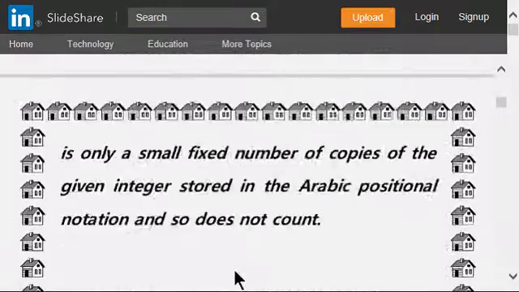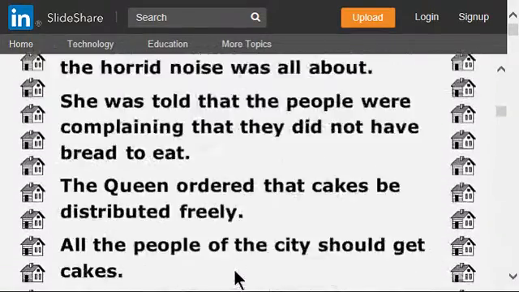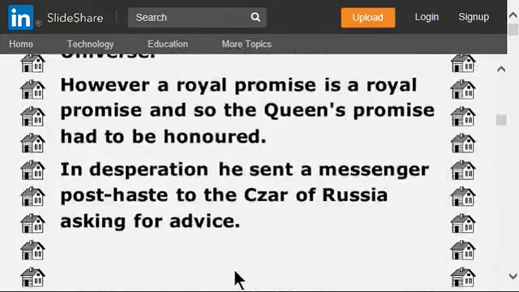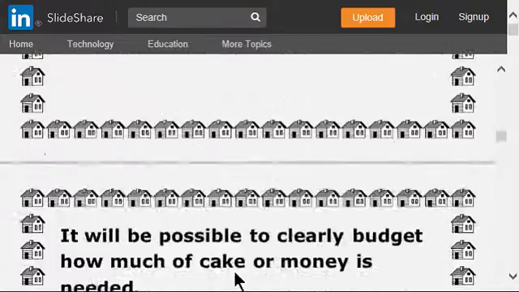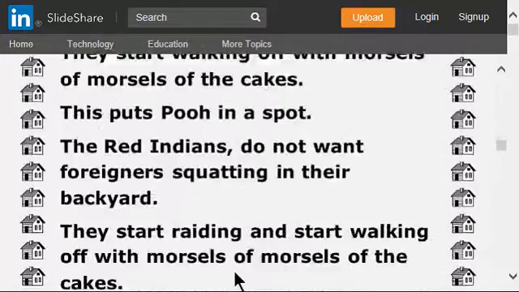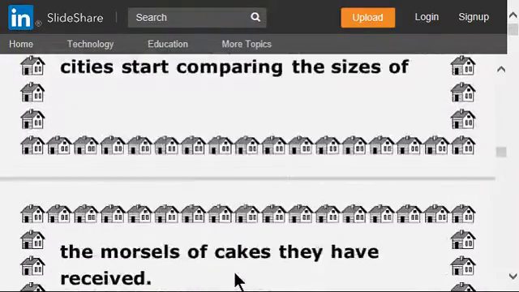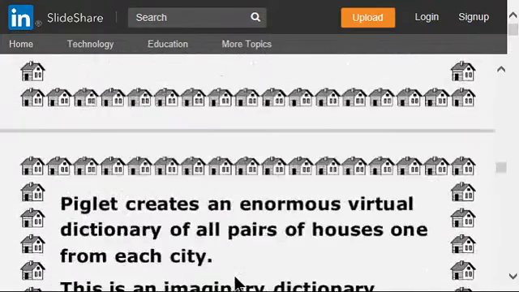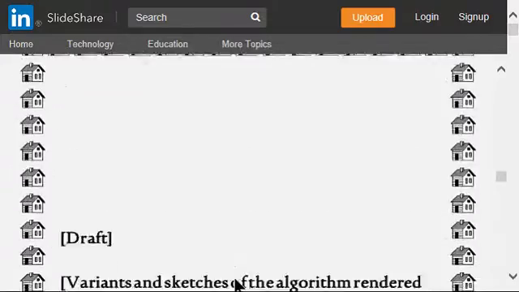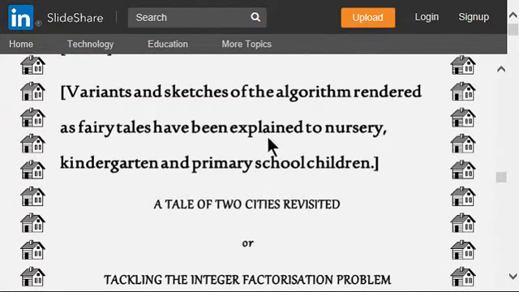When we go down the entire document, at the end we have got pictures. A fairy tale explained through pictures. Let us go further down, still further down, to part 5, still further down. And here we have got, for example, a version that can be explained to nursery, kindergarten and primary school children. It's A Tale of Two Cities, a famous novel